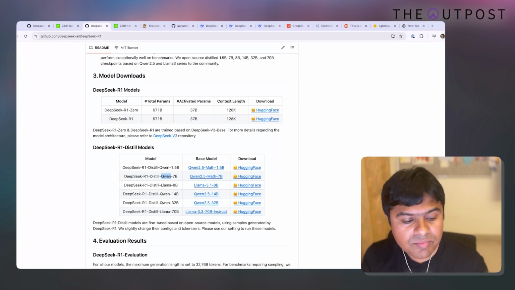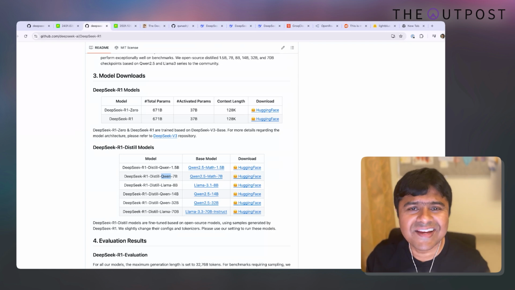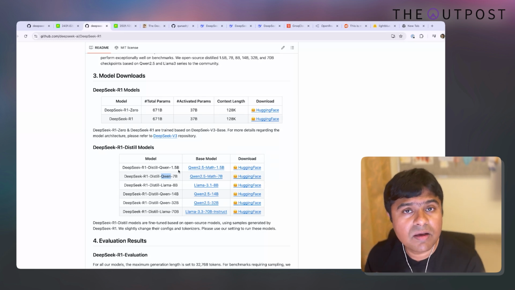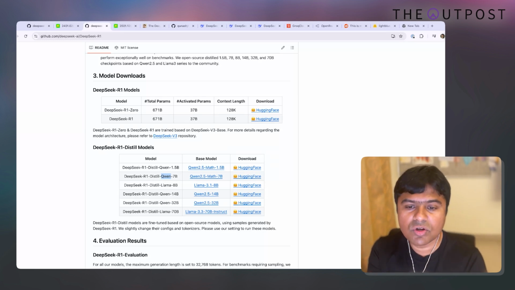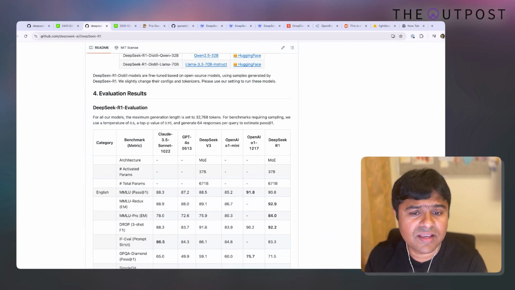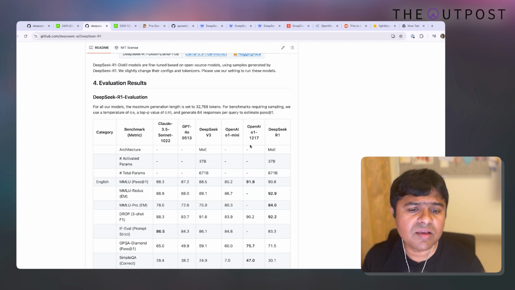If you're an enterprise, a small company, a smartphone manufacturer, or if you want to build, maybe, a washing machine with a reasoning model that can do stuff. If you tell it, I have this kind of apparel and I want a specific wash cycle for that, maybe this 1.5 billion reasoning model can understand what you're talking about, give the instructions, and get the wash customized to that. So it's incredible what they've done. And the evaluation is again fairly good. It doesn't beat O1 in most of the benchmarks, but it's very comparable.